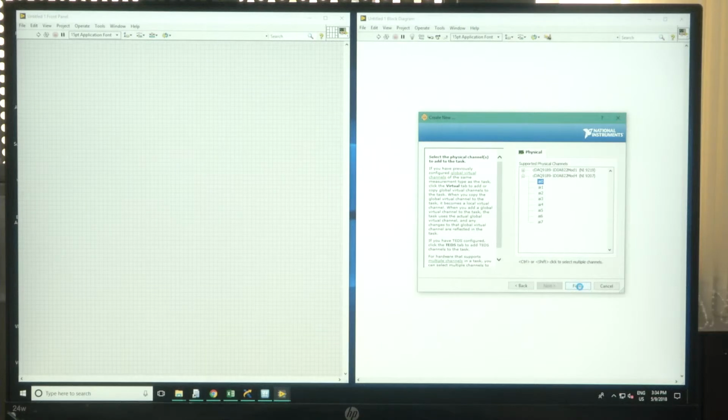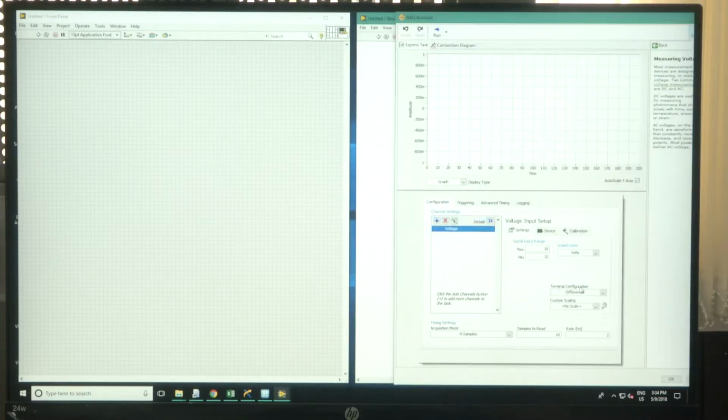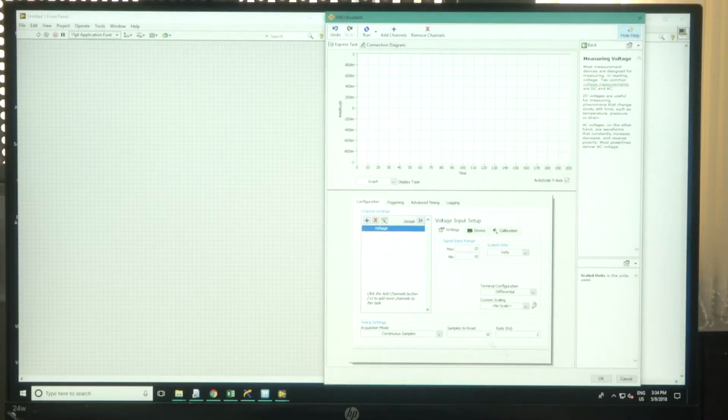Just finish it. After this, how many samples we need, or I can make it continuous samples, the rate is 10K or 1K we can keep, and the samples to read I am making 100.